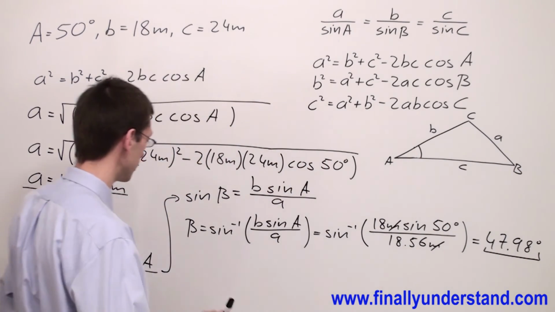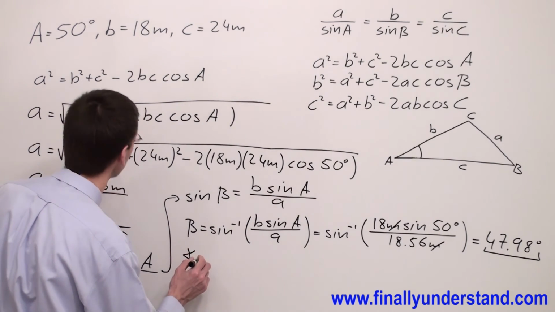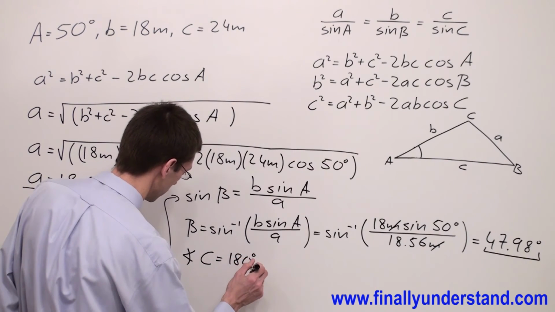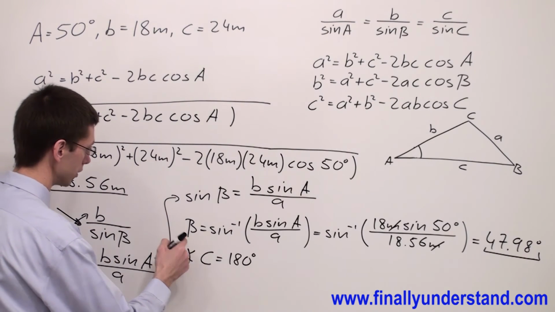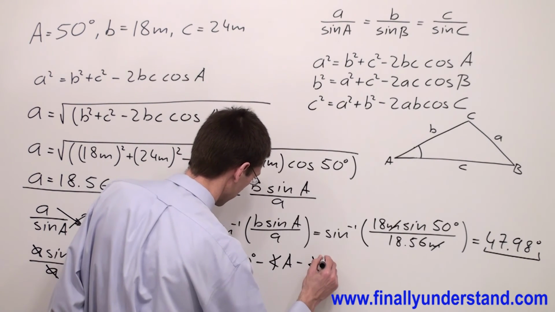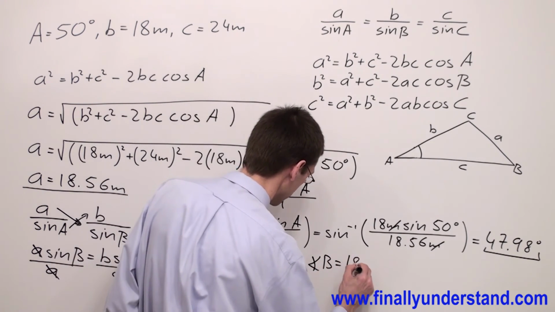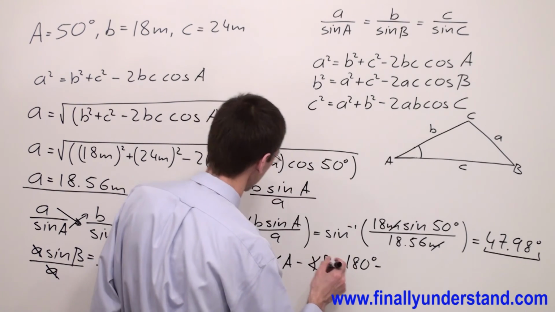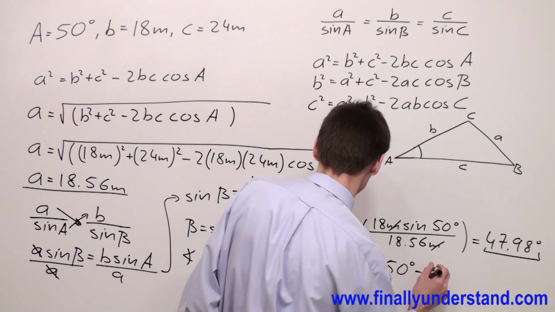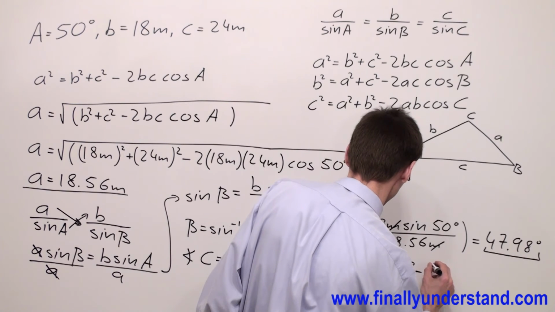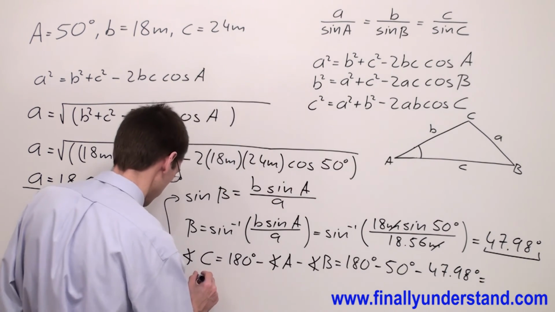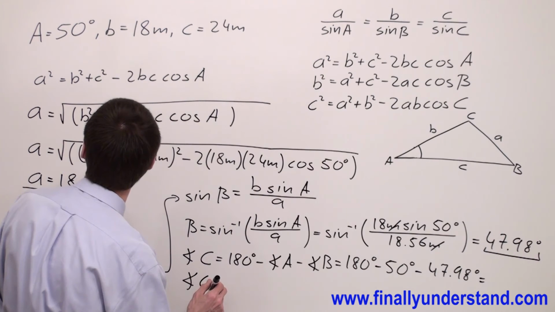So in order to find the missing angle, angle C, we simply subtract from 180 degrees angle A and angle B, minus angle A and minus angle B. So I have 180 degrees minus angle A, which is equal to 50 degrees, minus angle B, which is equal 47.98 degrees. This is equal. So angle C is